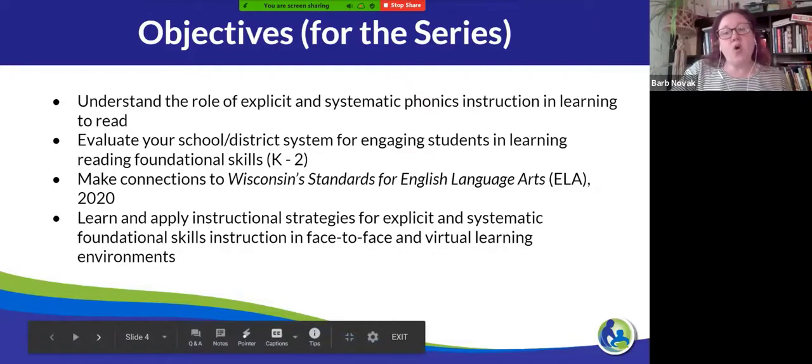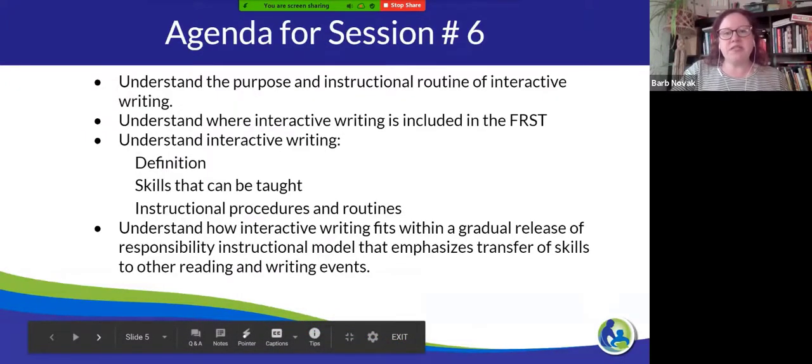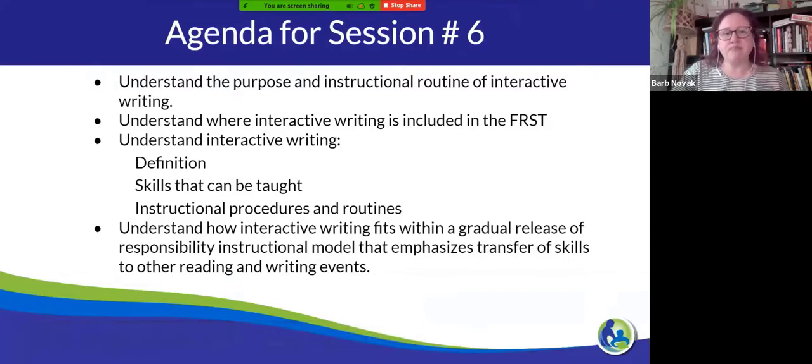The objectives for this overall webinar series are what appear on your screen now. The biggest objective being to understand the role of explicit and systematic phonics instruction in learning to read. And here are the specific objectives for session 6. We are focusing on interactive writing and shared writing. We'll take a look at where that strategy is included within the Foundational Reading Skills tool, which is a self-assessment